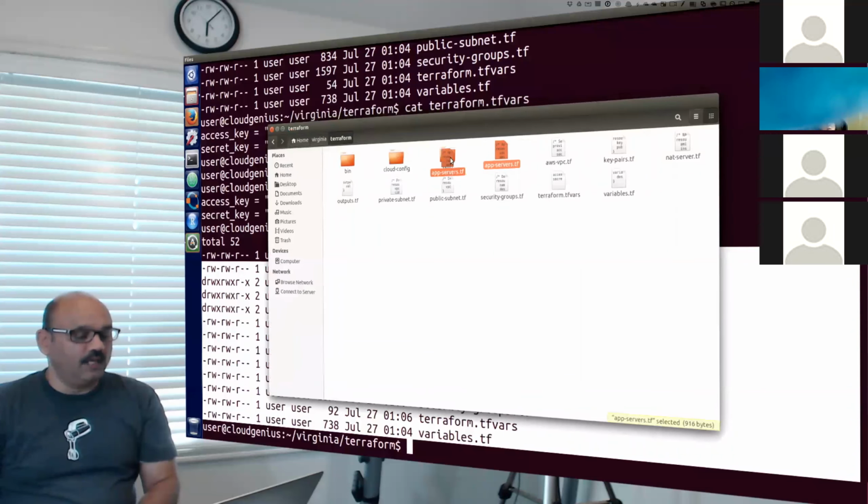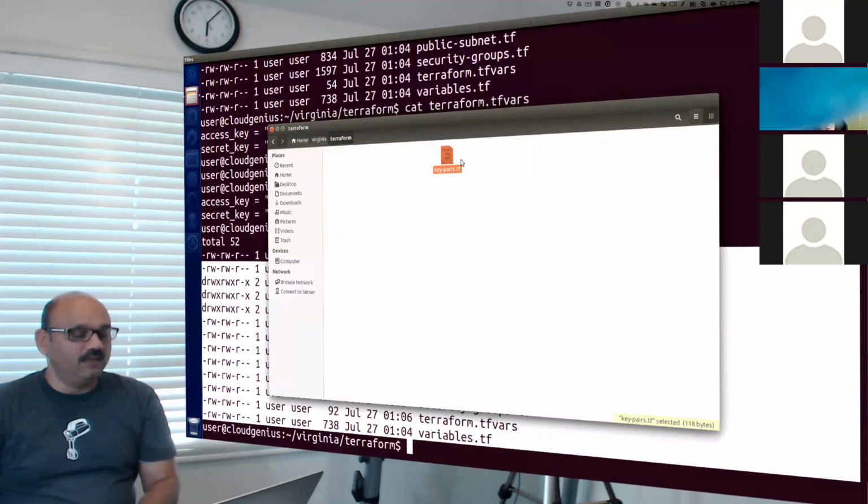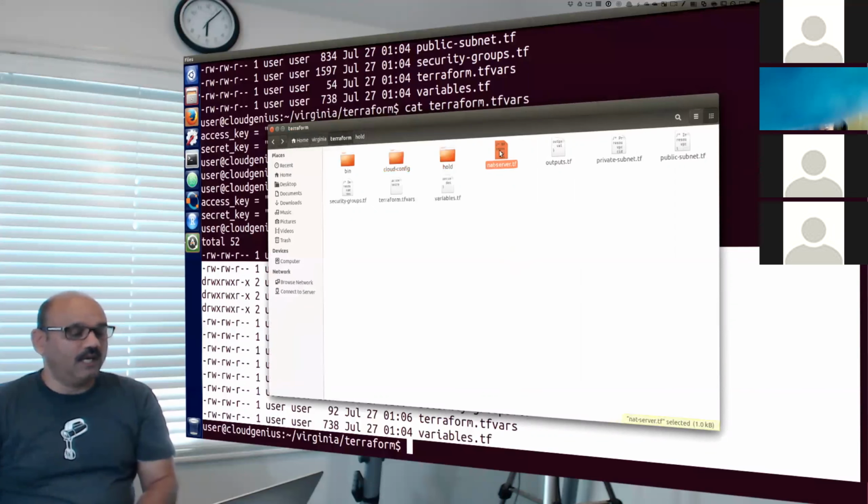So 1 and 2, I'm basically moving them all inside a hold folder. There's this hold folder, right? This hold folder. I'm going to move these things away so that they don't get applied to Terraform when it runs. So it is basically being hidden from view from Terraform.